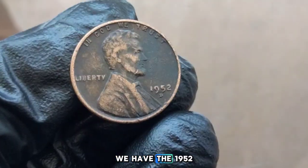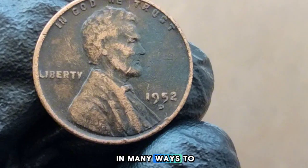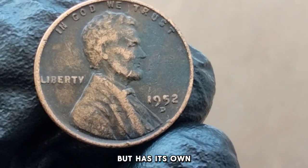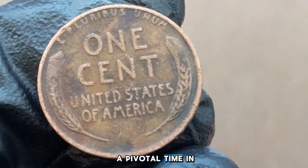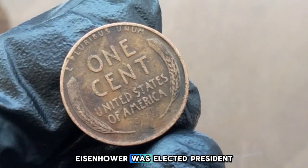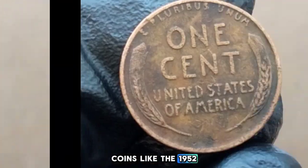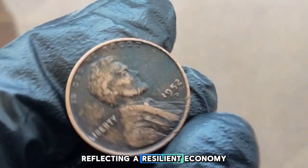Next up, we have the 1952 D Lincoln Wheat Penny. This coin is similar in many ways to the 1951 D, but has its own unique place in history. The year 1952 was a pivotal time in American history. The Korean War was ongoing, and Dwight D. Eisenhower was elected president. Coins like the 1952 D Wheat Penny were used in daily transactions, reflecting a resilient economy